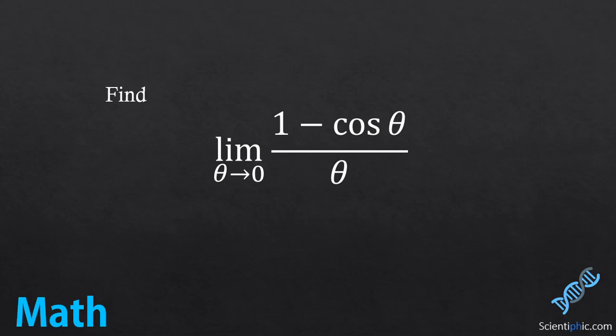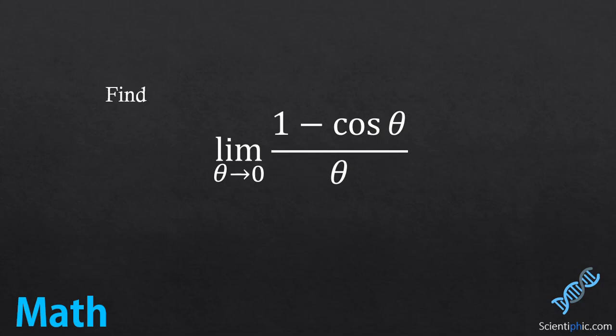Today we are gonna solve a limit problem. The limit looks simple, but it needs two different approaches for us to be able to solve it. The question that we have at hand is the limit of 1 minus cosine theta over theta when theta goes